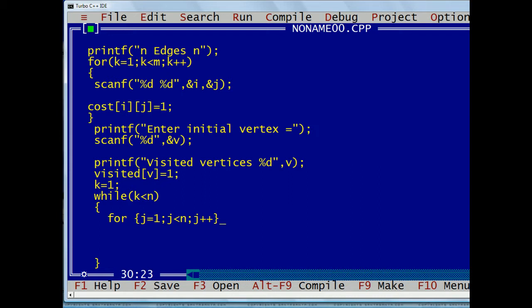I'm sorry, greater than or equal to j. Then if cost of v comma j